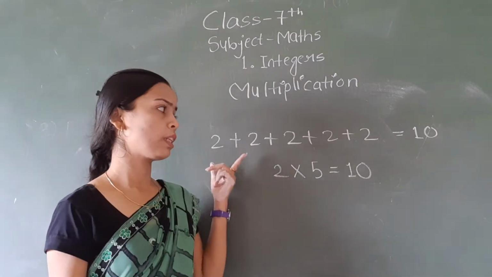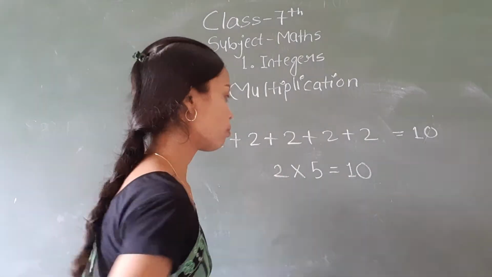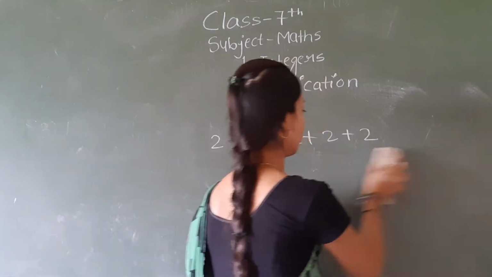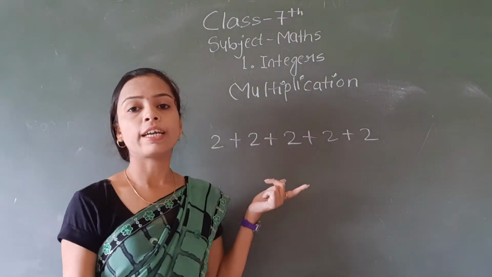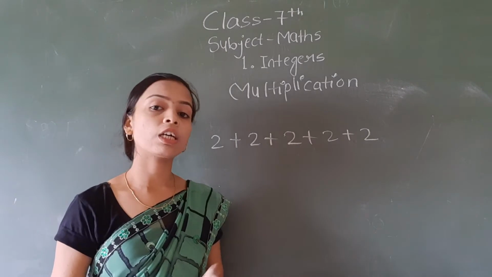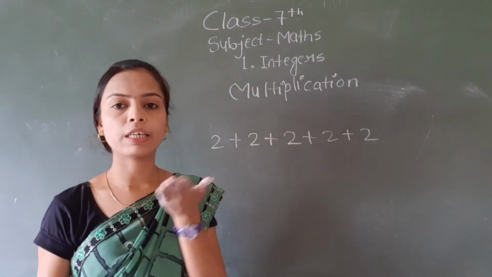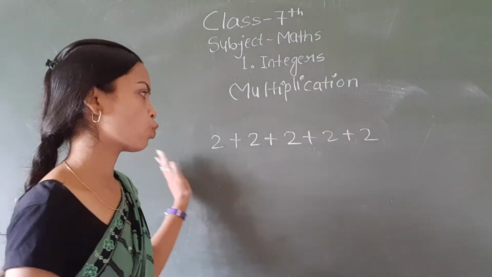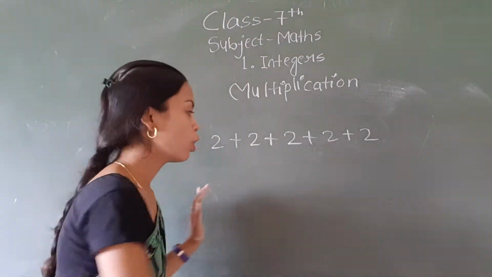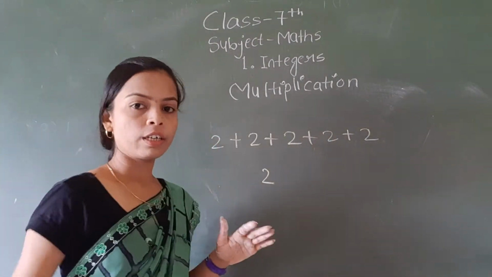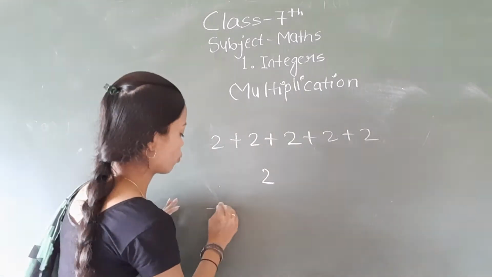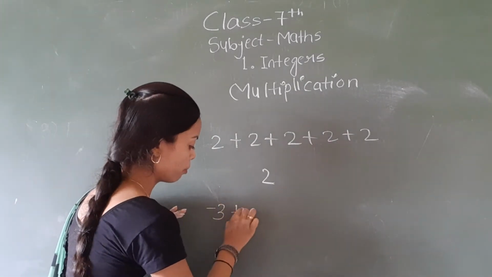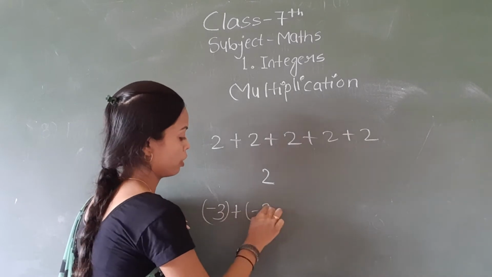If the question asks you to write this statement as a multiplication, how will you write it in multiplication terms? You write the term that is given in the question. If it is a minus term, then you can write it as, suppose one more example is here, minus 3